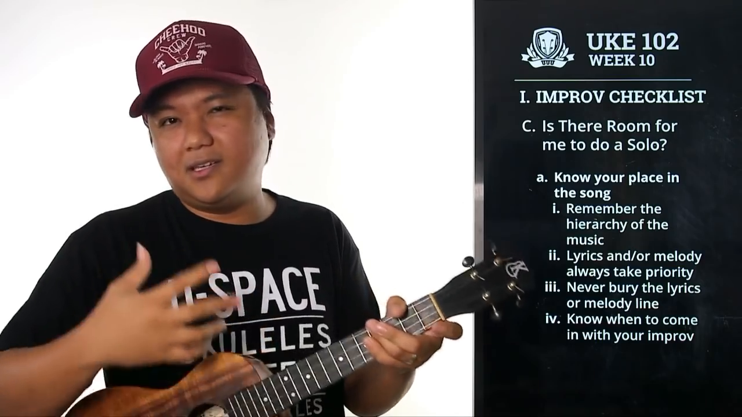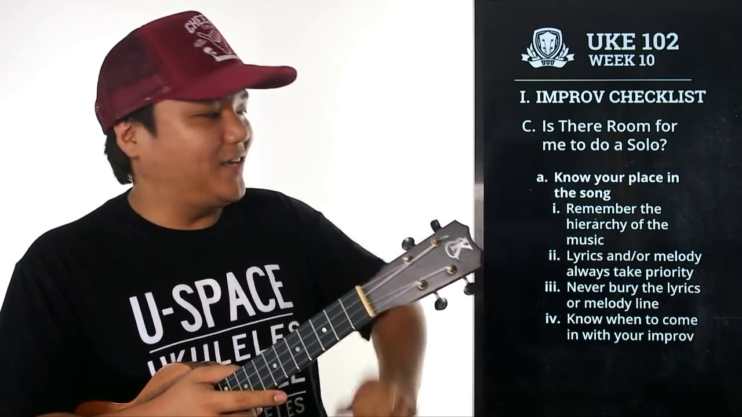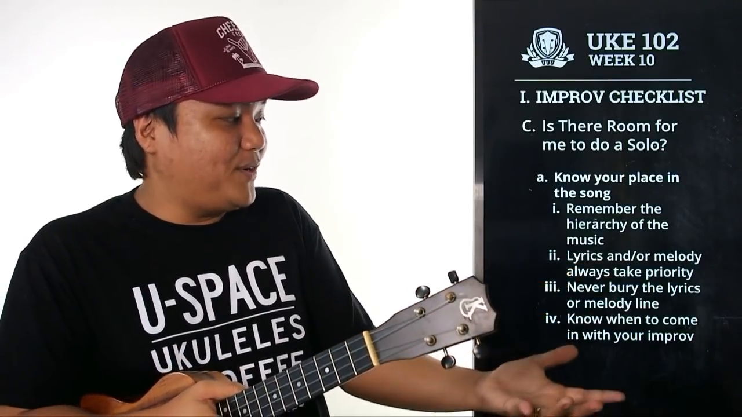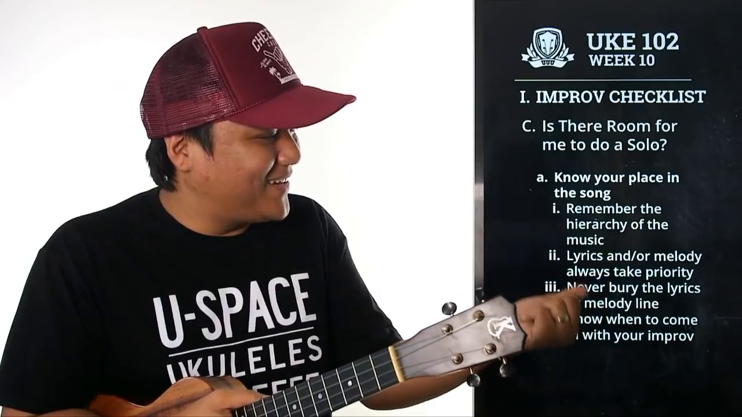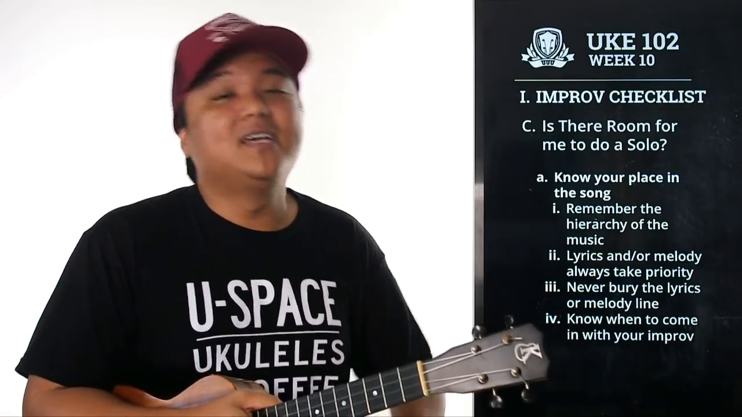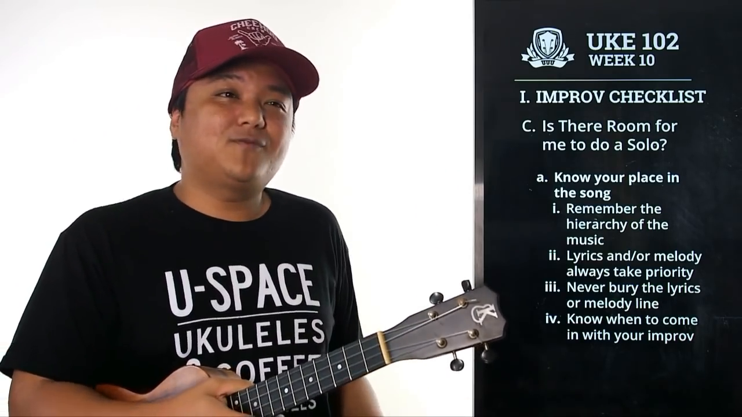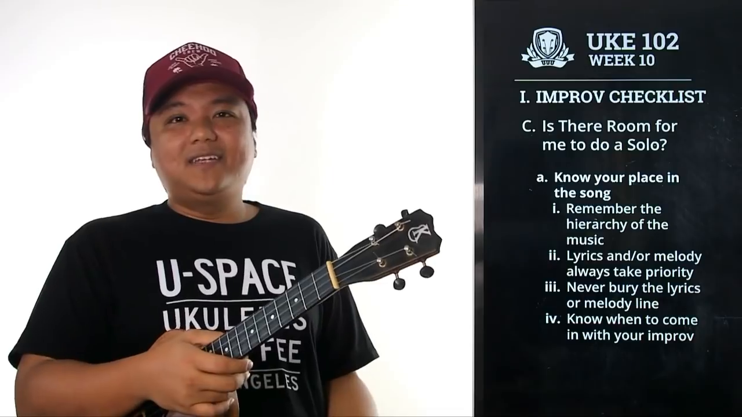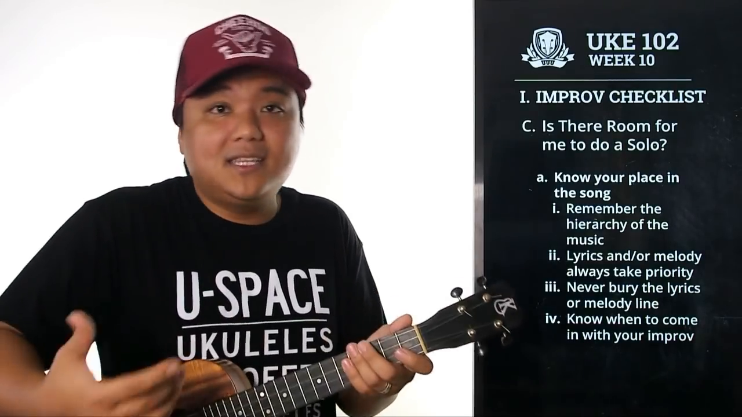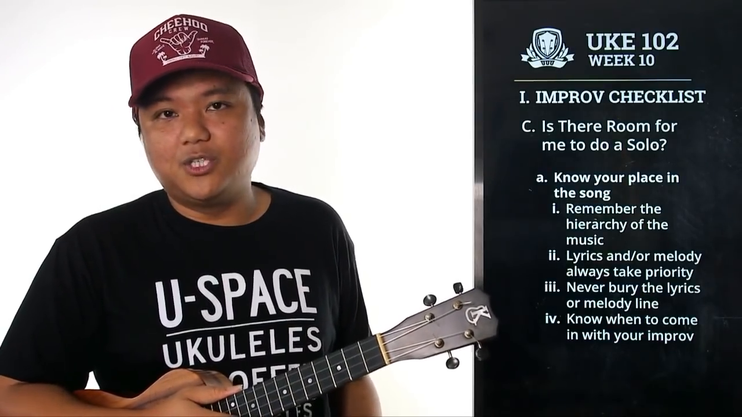So that's kind of what we've been teaching here at Ukulele Underground, the hierarchy of music. Lyric and melody always take priority. Never bury the lyrics or melody line, and know when to come in with your improv. So is there room for me to do a solo? Sometimes, if I'm not the leader, or not the guy leading the song, then I'll know my place, and I'll ask,